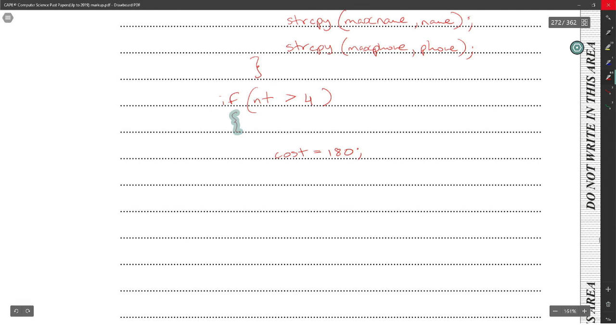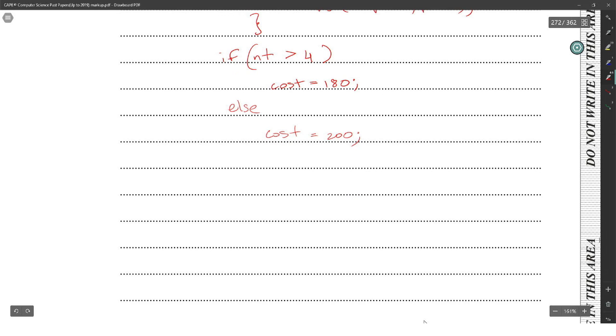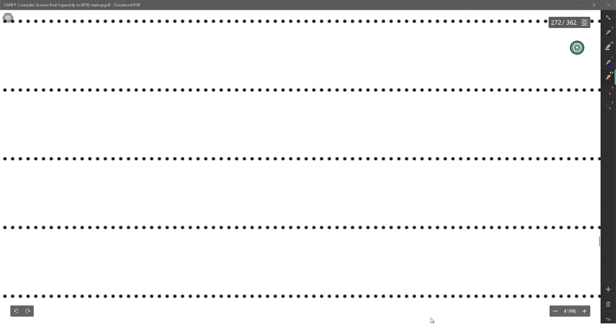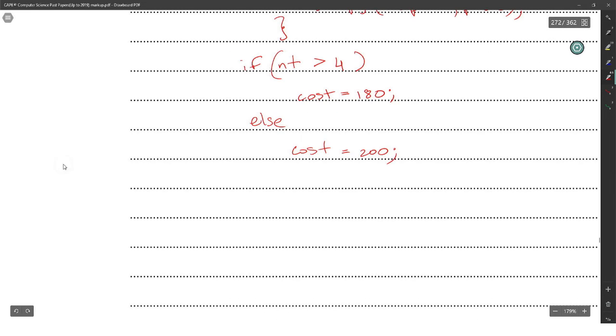I don't need to put brackets for it. There's one thing I have to do, and because it's one thing, I don't need to put the curly brackets. I could just put it there like that. Cost equal to 180, else cost is equal to 200. Yeah. So now I could say total is equal to total